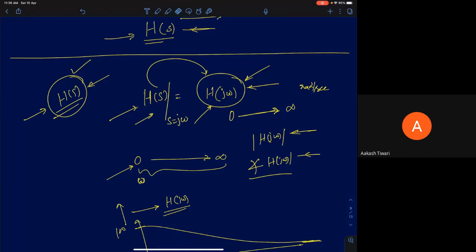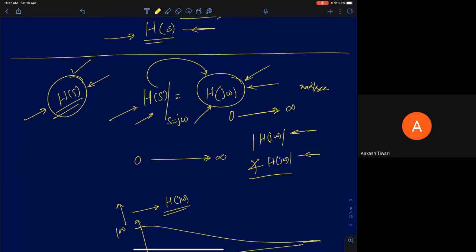Now the next question is, normally when we plot frequency response, we tend to use logarithmic functions. So very briefly, we'll talk about why we use logarithmic functions. What is the advantage of logarithmic functions, in a little bit of detail, so that it makes sense why we use logarithmic functions when we plot the transfer functions.